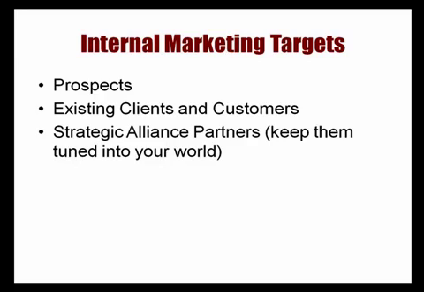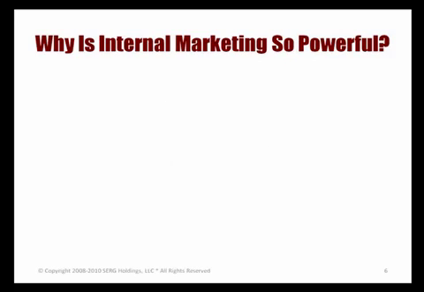And then the third one I mentioned, strategic alliance partners. And added to this could be influential people in your marketplace, high impact professionals, even media contacts that you develop a relationship with, working through the publicity module we covered. You want to keep them tuned into your world, what you have going on, what things are of interest, because you want to have that top of mind awareness with these key people that can drive business to you with their referrals and their influence. So it's very important that you add those people to the list of folks that you do internal marketing to. And you don't have to do it as aggressively. You can do more of the softer stuff, but definitely keep them in the mix.